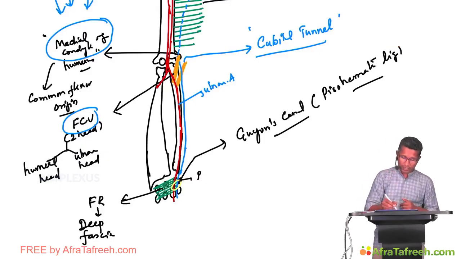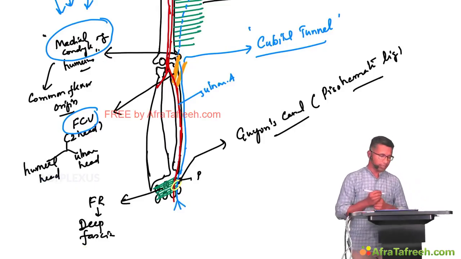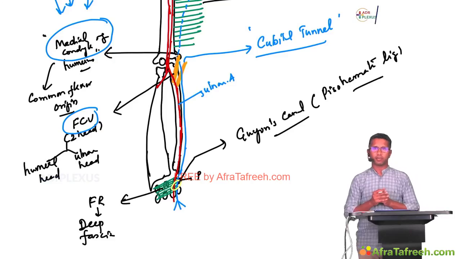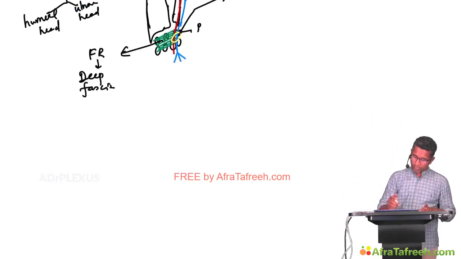After it crosses Guyon's canal, it enters the palm and divides into multiple branches. It divides into a superficial branch and a deep branch. Now what are all the branches from the ulnar nerve? Okay, if you see the branches of the ulnar nerve,